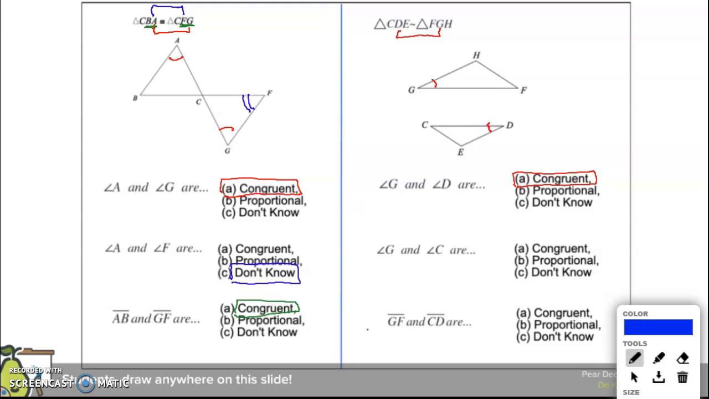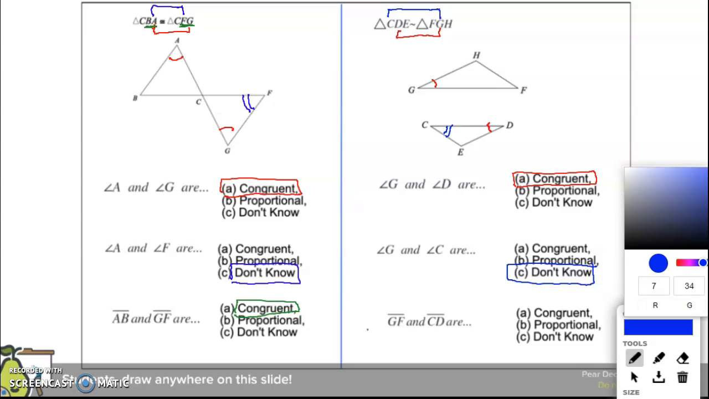Angle G and angle C. They're in this different position, right? That means angle G and angle C do not necessarily have to be the same. It could be the same, but they do not necessarily have to be the same. So they're not proportional. We don't know for sure they're congruent. So all we can say is we don't know. Okay, then let's talk about the final